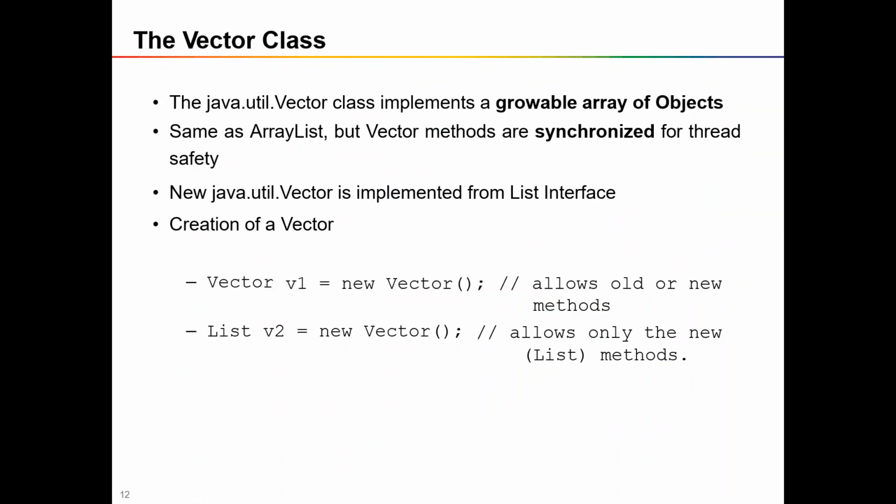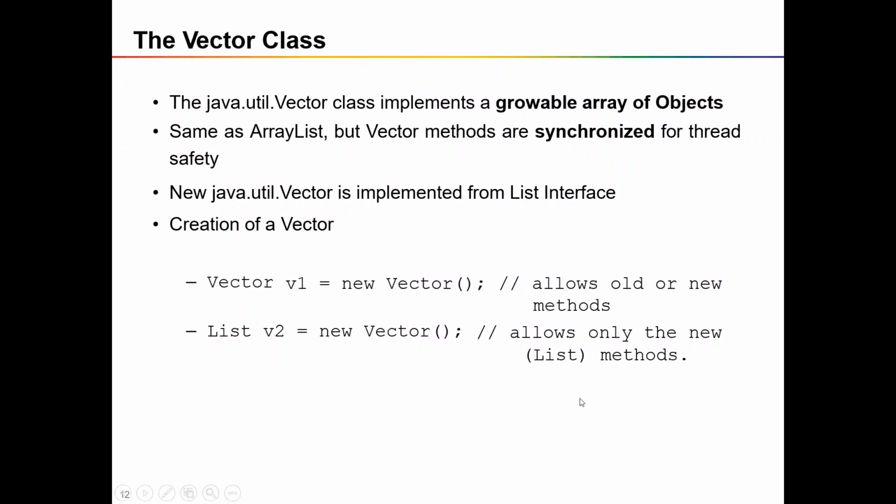So regarding vector class, vector is also a growable array of objects in collection, and the comparison with array list and vector is, the methods that come with the vector class are always synchronized for thread safety. Suppose you are working with a multi-threaded environment, if you want to ensure the thread safety, which means accessing a single vector by multiple threads. So whenever you come across these kinds of scenarios, you have to prefer vector instead of array list. So vector methods are always synchronized, and it is part of the list interface.